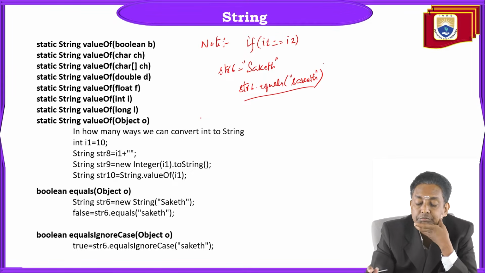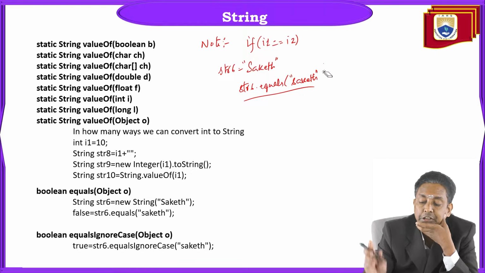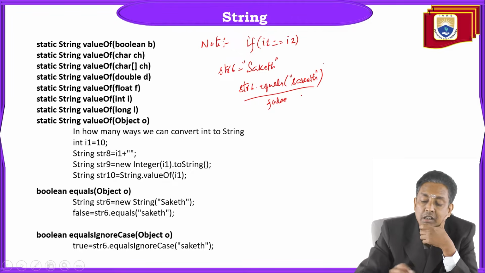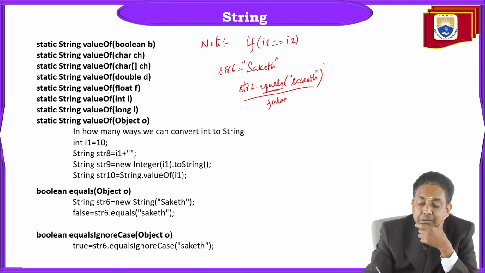What is the return value of this equals method? Does this method return false? Because internally, the equals method does